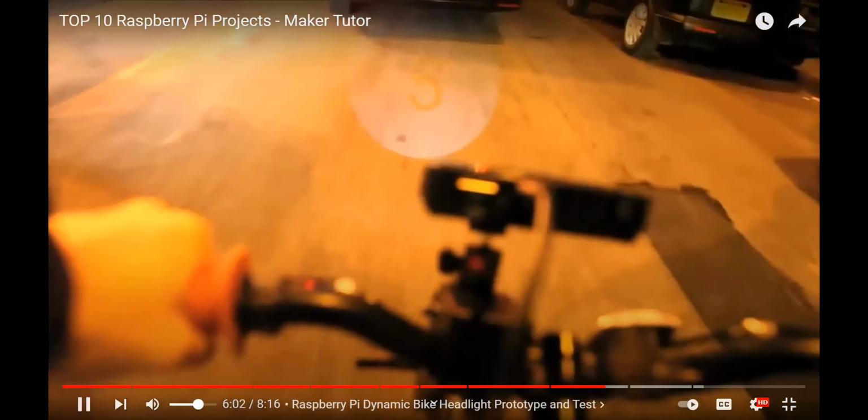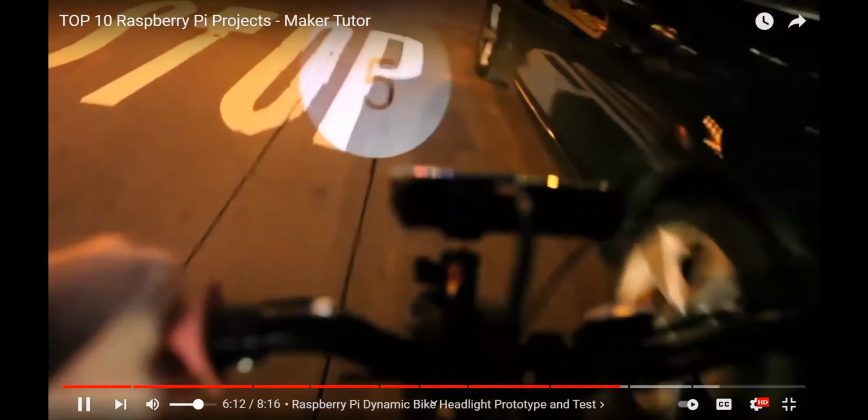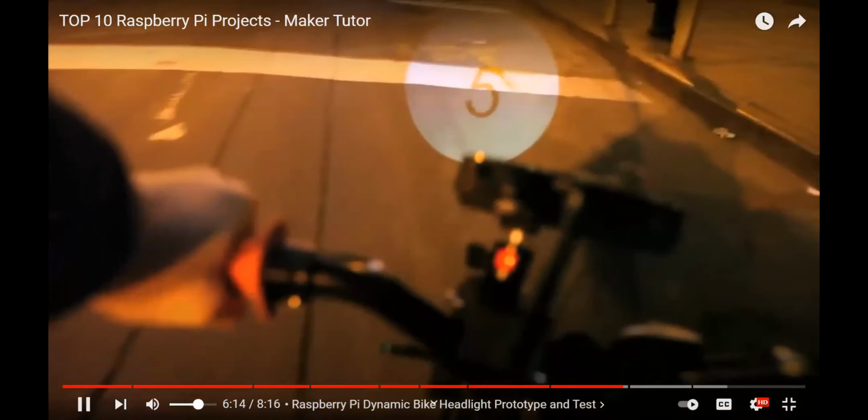This is what it's like biking for me in New York City, navigating between the cars and everything. Now, I don't have a ton of footage of me riding with it on because in the course of testing it and trying it out and making adjustments, I really ran down the battery on the projector. So by the time